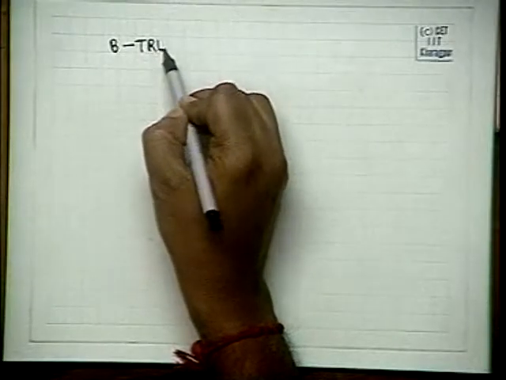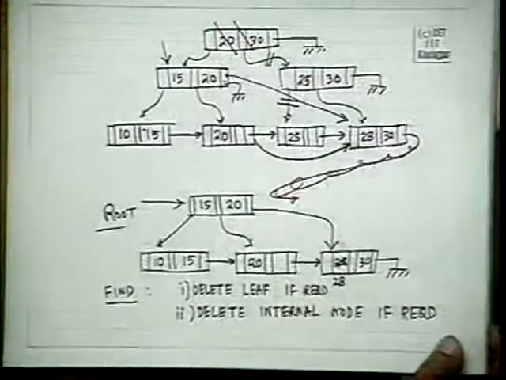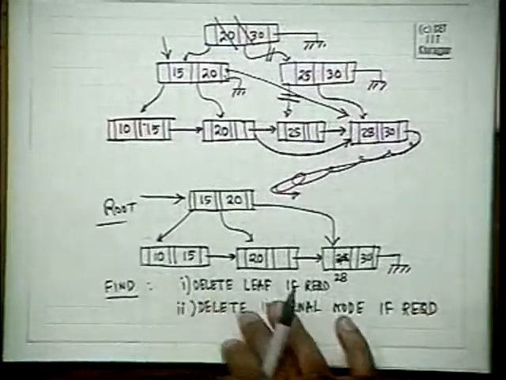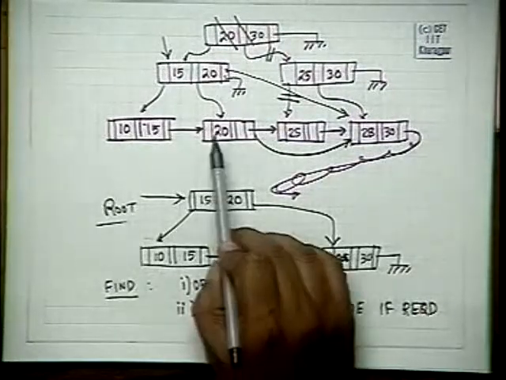This is the idea of a B plus tree. Now, there are various other structures, of which the B tree is a more complex variant of the B plus tree. Before that, the algorithms which we have discussed here are very simple, in the sense that we allow a leaf node to contain only one value.